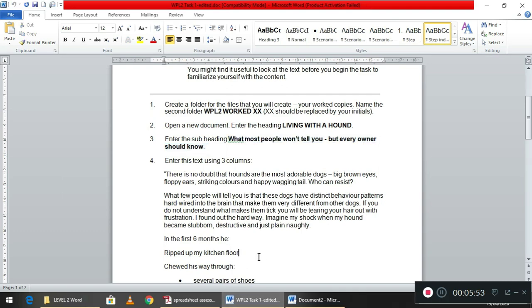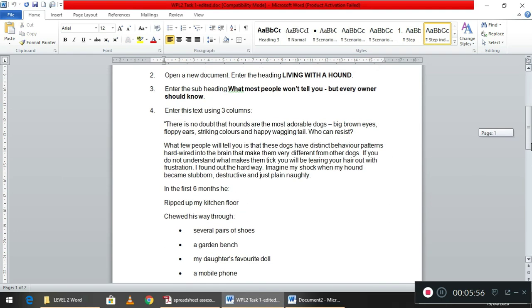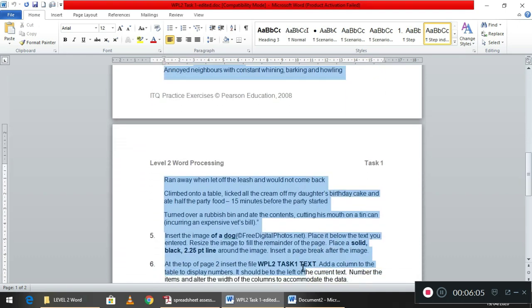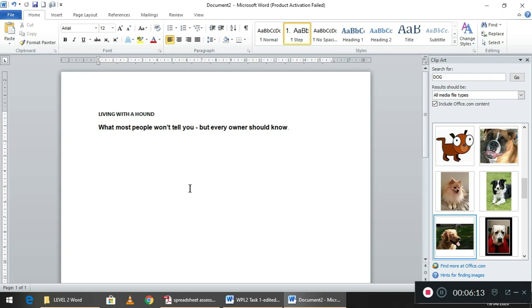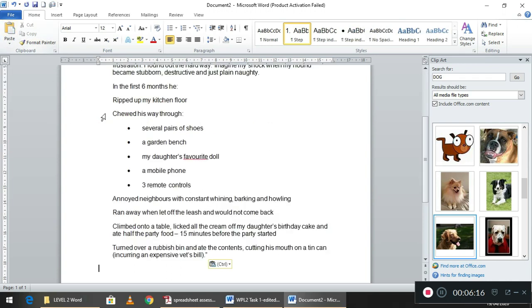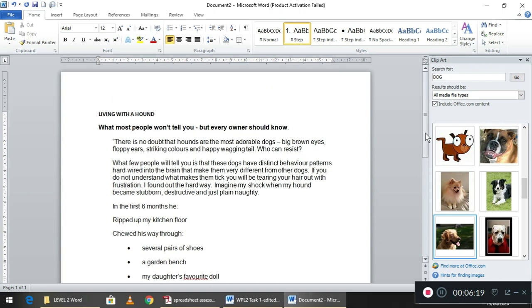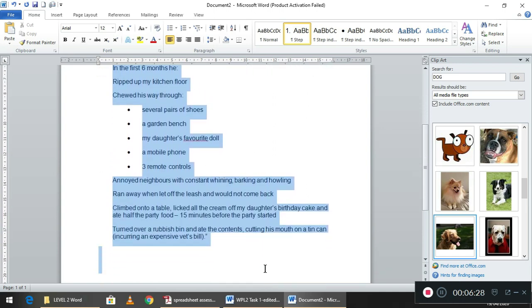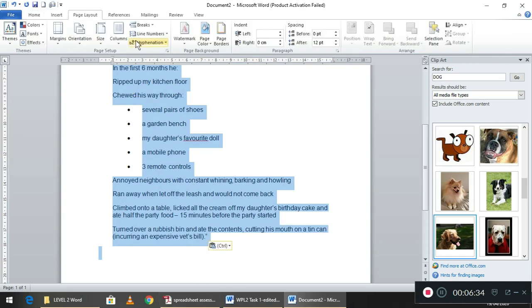Next, enter this text using 3 columns. There is no doubt. Now what I'm going to do is I'm just going to copy this. Let's copy this first. I'm going to copy this data. I'm going to paste it under the subheading, and the question is format this into 3 columns, so type it in 3 columns. So you have to type this as you see it in newspaper articles, it is in columns, so space minimizing. So I'm going to highlight it, and if you go into page layout, where are the